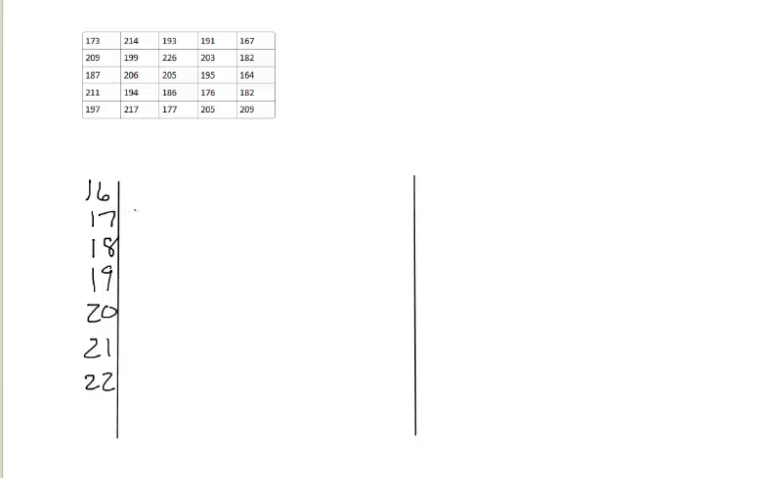So 173, we have 17, so the 3 will go next to that. And then 214, so 21, we put a 4 here. And 193, so we'll put a 3 in. And 191, so we get a 1. 167, 209, 199, 226, 203, 182, 187,